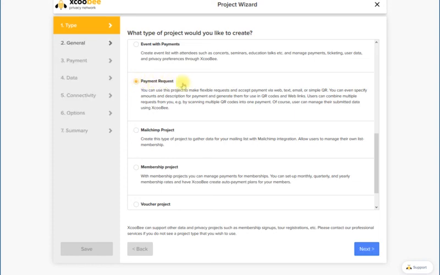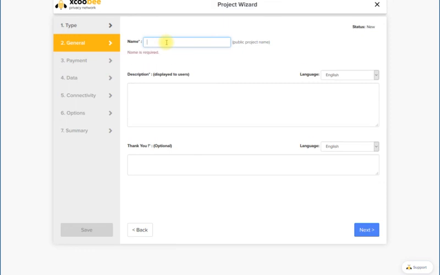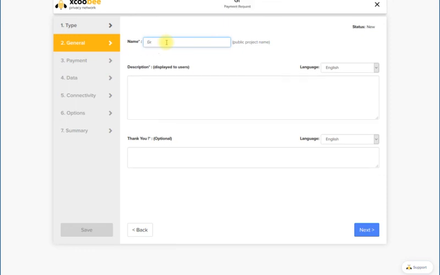So we are going to start this project by just clicking on the payment request radio button, and as soon as we did, we saw a wizard pop up that will walk us through the steps. So in our case, we will accept payments for our shop. So we are going to just say this is Graphic Partners, and our description is going to say please pay as indicated, and we're going to say thank you for your